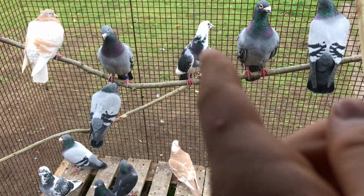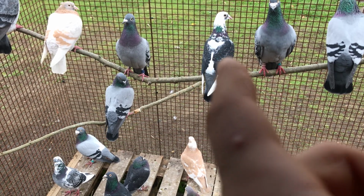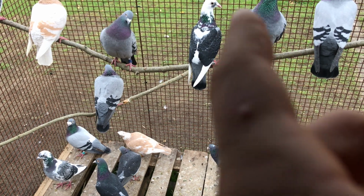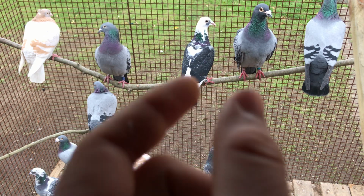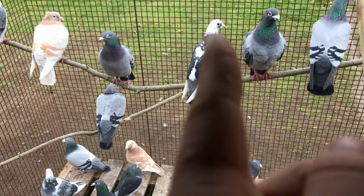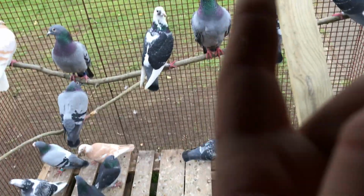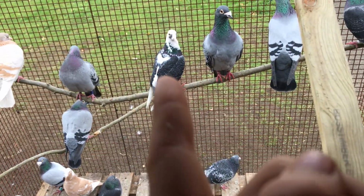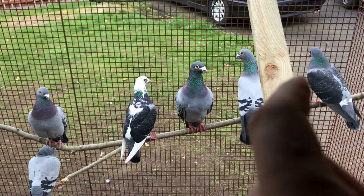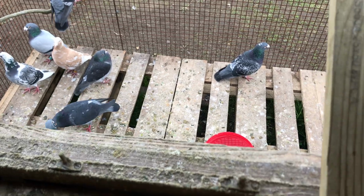But that wee bird, well, not that one because that's a proper one, but that hen there, I was told the reason why she turned out like that is because her mum and dad might have been related some way, and the two bad genes hit each other, and that's why her head's so small and so weird. But my friend said if you breed that hen to maybe one of your old big cockbirds, they might bring a good gene over and the young ones shouldn't turn out like her. But yeah,